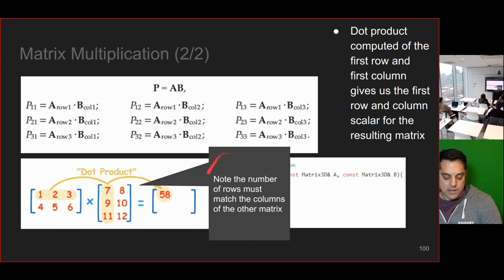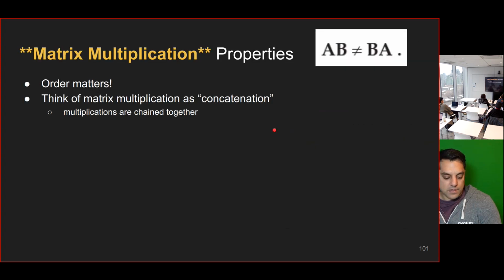All right, and again, as mentioned, we won't really have to worry about this because we'll have 3 by 3 matrices only. But the important part that I have to get to and tell you about is that the order matters in our matrix multiplication. So if I multiply matrix A times matrix B, that's not the same thing as multiplying matrix B times A. Okay, so the order matters. You can think about this as concatenation. AB is a different string than BA, and that affects the order of our actual transformation of our